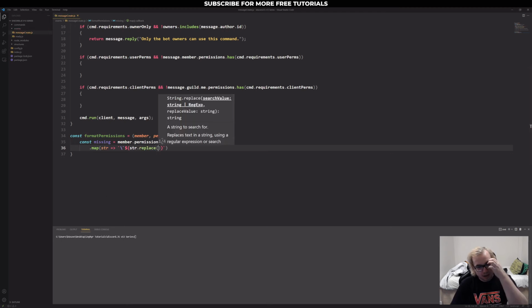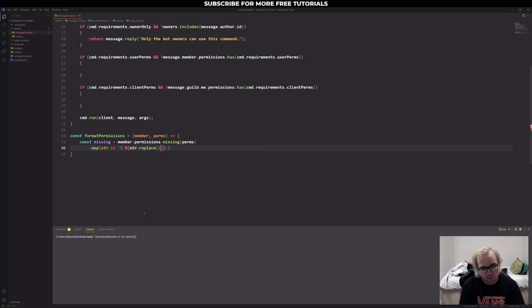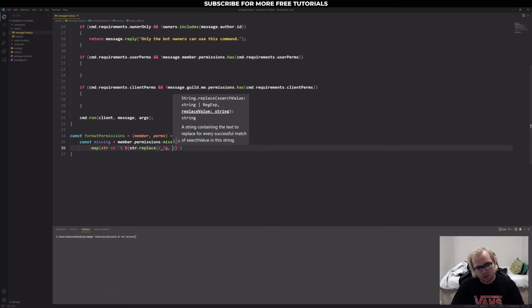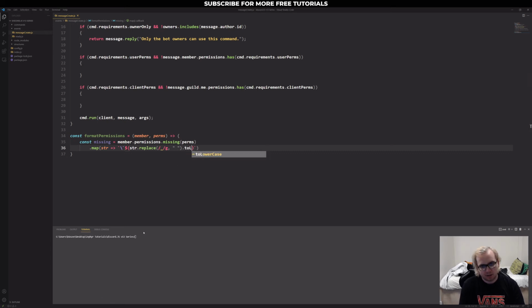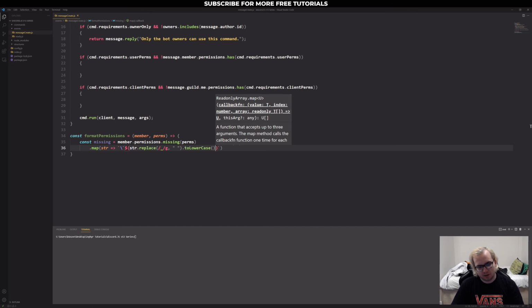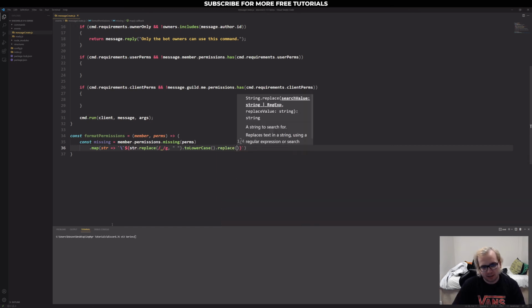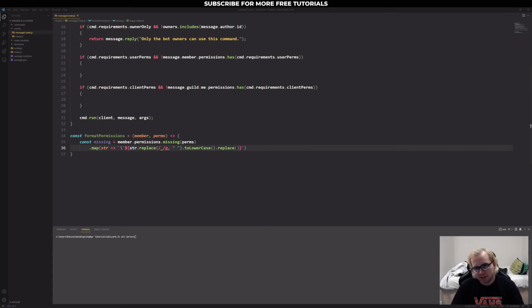Okay, so we're going to start with string.replace, and what we're replacing is /_/g for global. Okay, and then we're going to replace it with just a blank space like so, and we wanted to lowercase it, so turn it to lowercase, and then we're going to do another replace again with another regular expression, which is